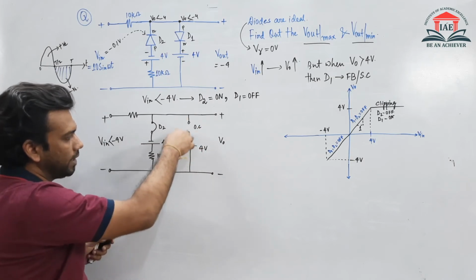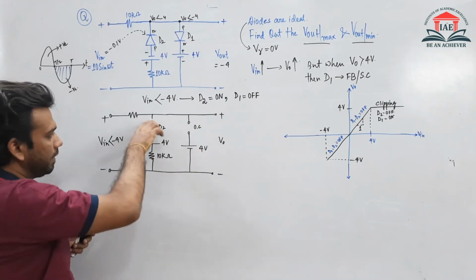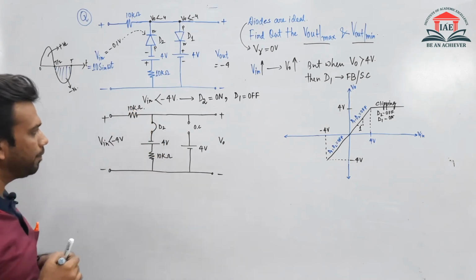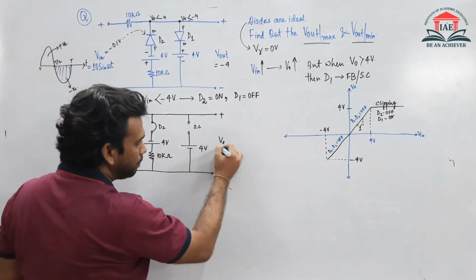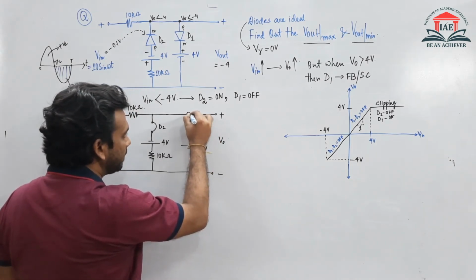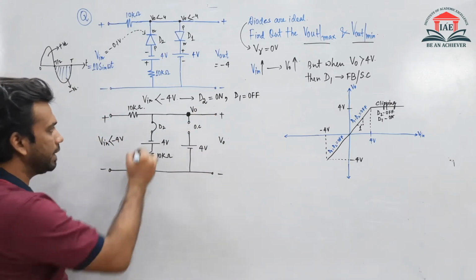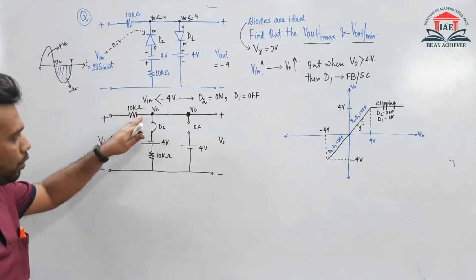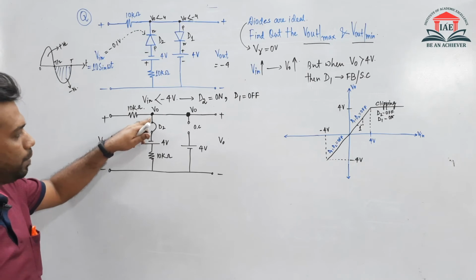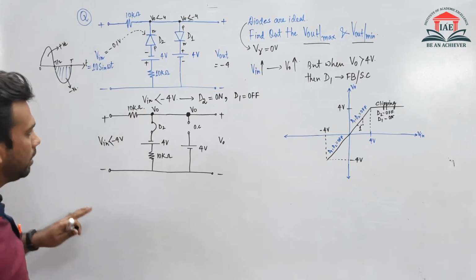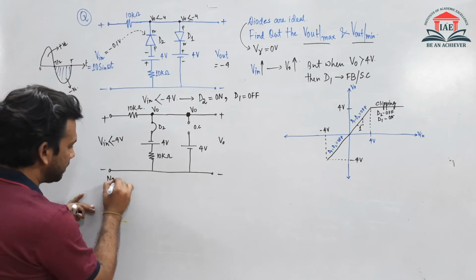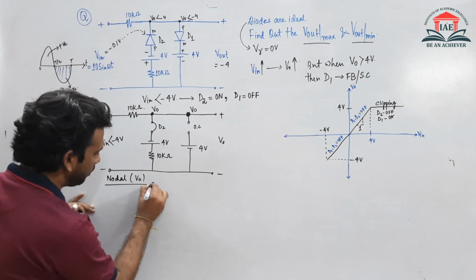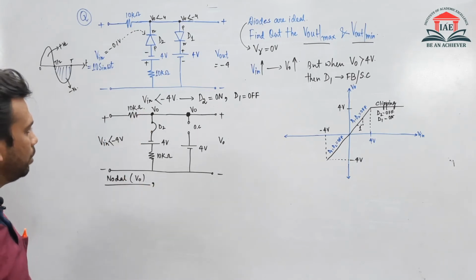ये जो branch open circuit है इसका कोई काम ही नहीं है, तो ये वाले branch का काम होगा और ये वाले 10 किलो ओम का भी काम होगा. Now at this point you can see the output voltage is here, so that means the potential at this point is V0. Similarly we can also say the potential at this point is also V0. Now if I apply the nodal analysis at this node, ये वाले नोड पे अगर नोडल एनालिसिस मैं करता हूँ तो क्या होगा? So let us apply the nodal analysis at V0 node.